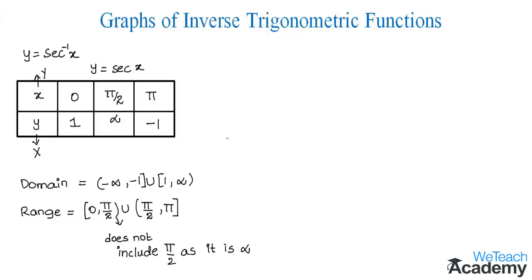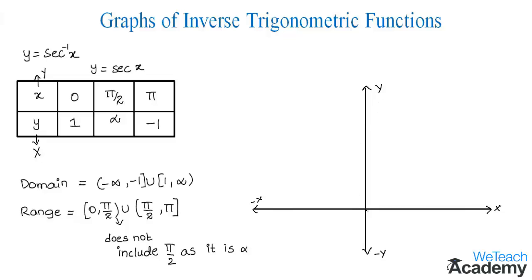First let us consider a coordinate plane, and then let us plot the values of x which are the range on the y-axis, and these are the values on the x-axis. At pi by 2 its value is infinity, so let us draw a line over it. And now let us draw a line parallel to the x-axis at pi, as the range is from 0 to pi.